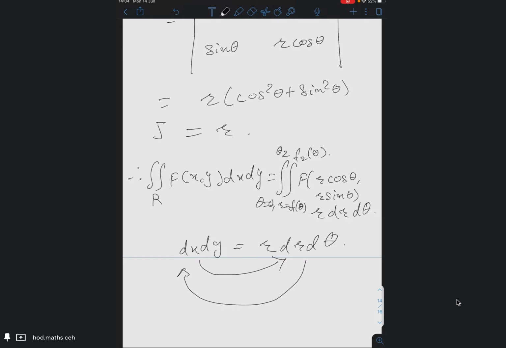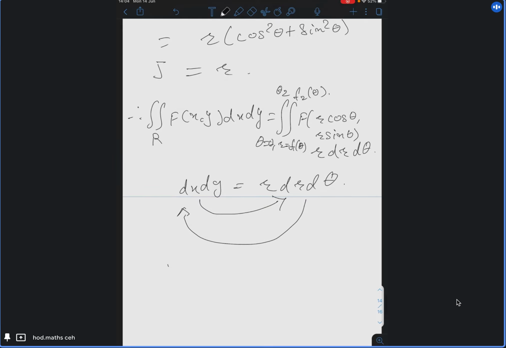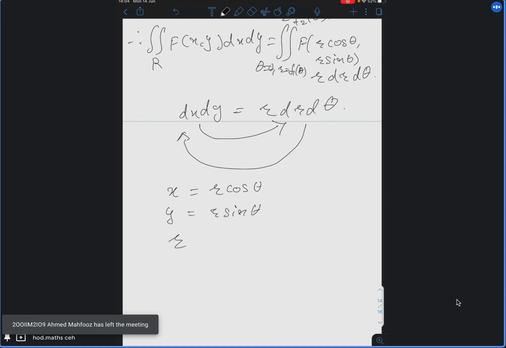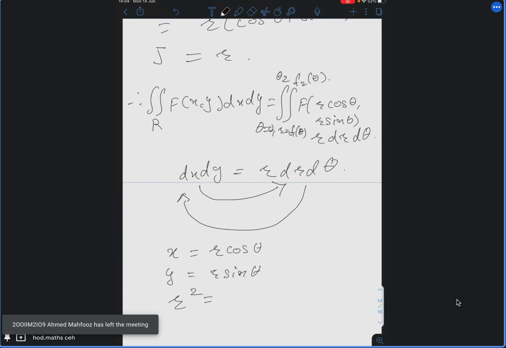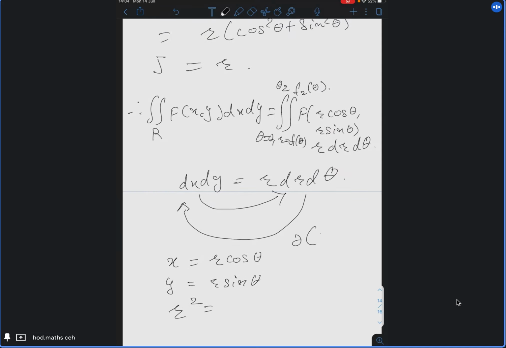And one more thing, you have x is equal to r cos theta, y is equal to r sin theta. When I want my Jacobian from polar to Cartesian, it is not just that dr d theta will be dx dy. You should have r dr d theta is equal to dx dy. So what will be r square here? Now when I write the Jacobian of r theta with respect to xy, I cannot use these equations directly to get this Jacobian. Can I?